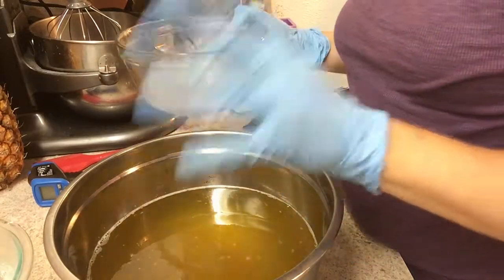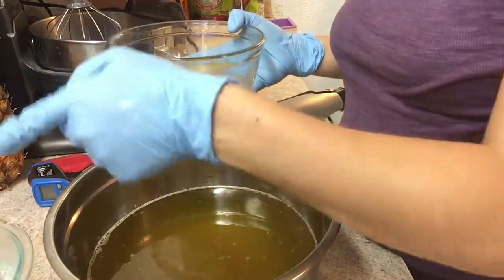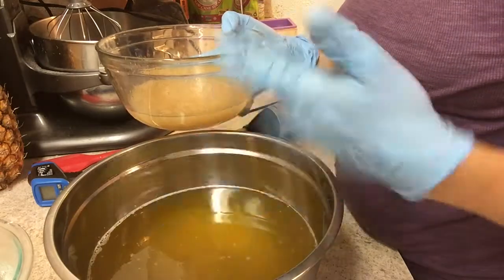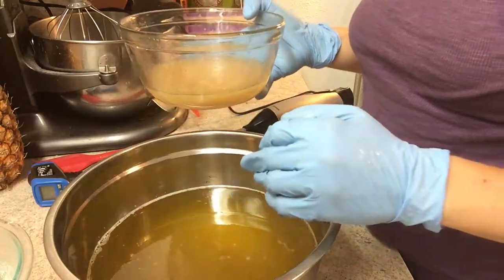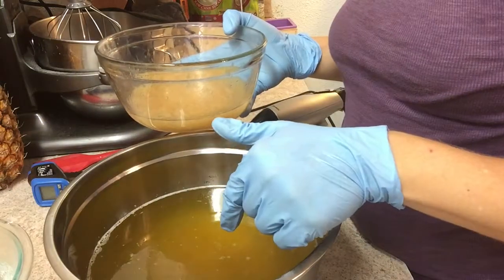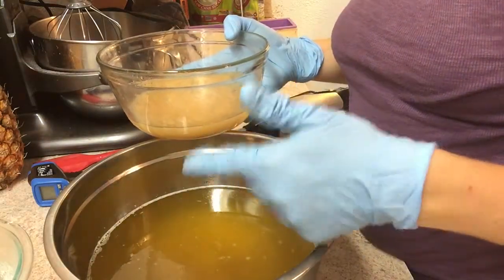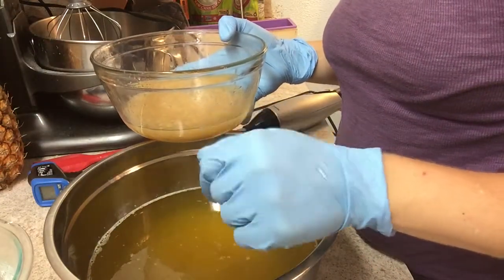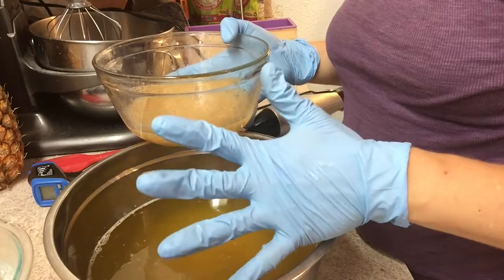Are back. Our oil is down to 105, our lye is down to 110, so we're in the perfect range to mix them all together. Alright, so what we're going to do is mix the SCOBY in with the oils first, puree it around just a hair, and then we will add the lye mixture into the oil, and we will